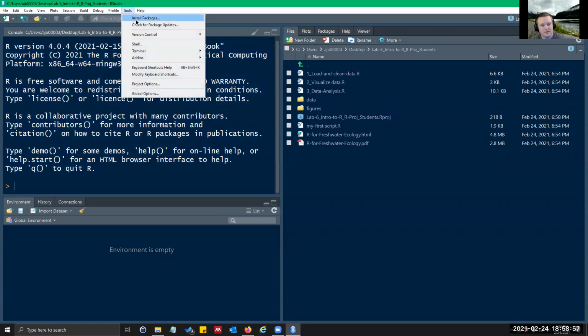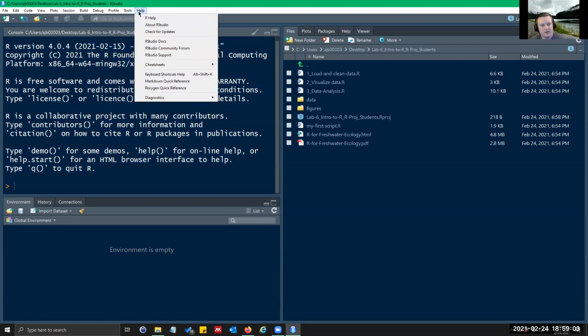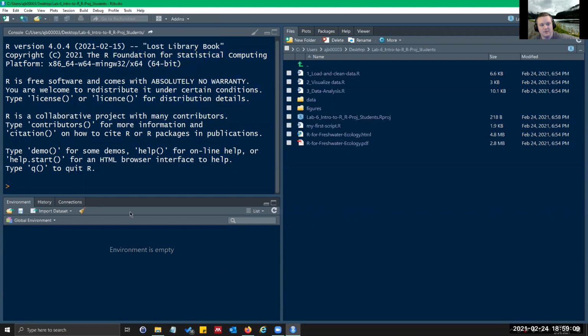If you have RStudio, you can check for updates somewhere in here, check for updates for RStudio. I don't think I have the newest version of RStudio. I can't update it because I don't have permission. This is a school computer. But it hasn't changed too much in my experience between various versions, and I think this is fairly new. So hopefully that is the same for you guys. And if it's not, let me know and we'll work through it.